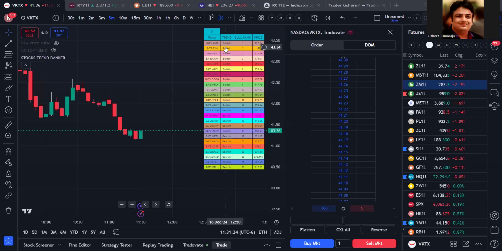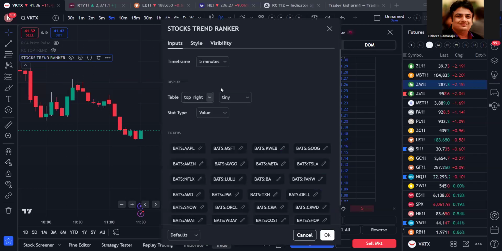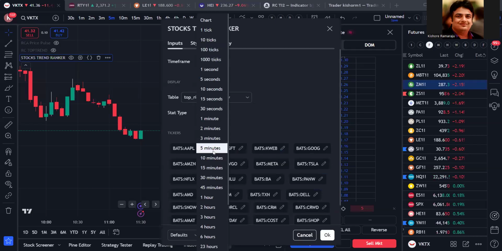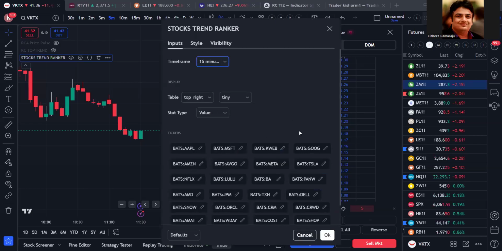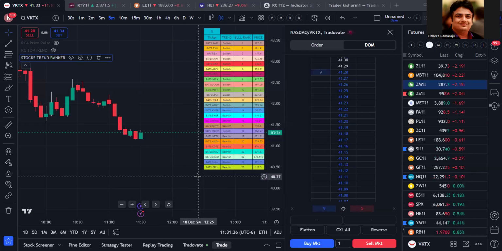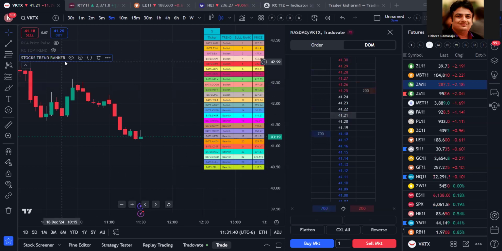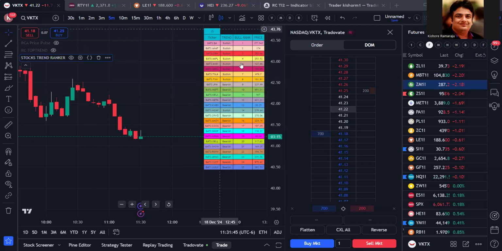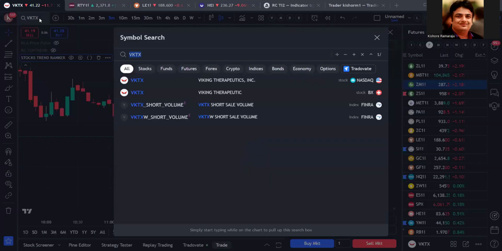Five minutes means sometimes you may get some false entries. So I can change it. I want to know in 15 minutes, because 15 minutes will give you better buy signals and sell signals. So I changed it to 15 minutes. You can change it to 1 hour or whatever you want, right? 1 hour will give you much stronger signals. So here it is telling BA is very bullish. That means if I go to BA,